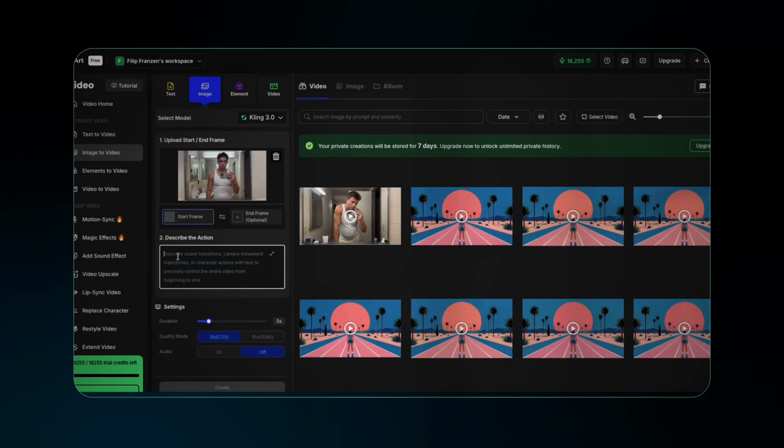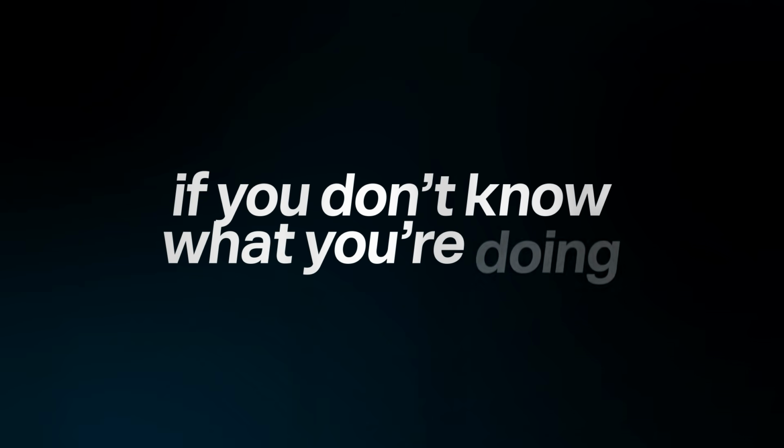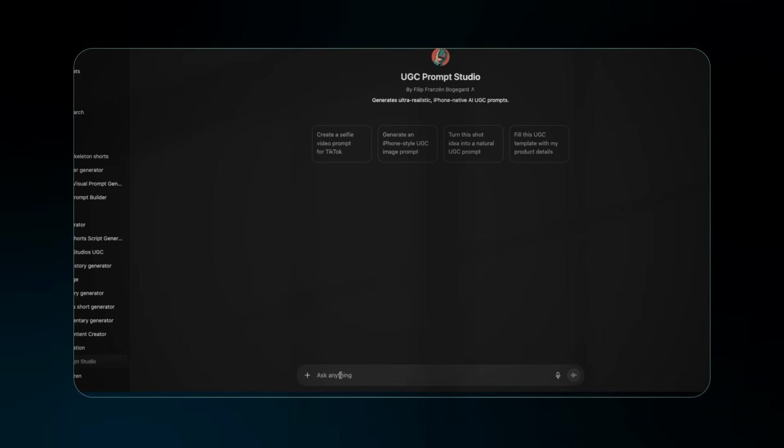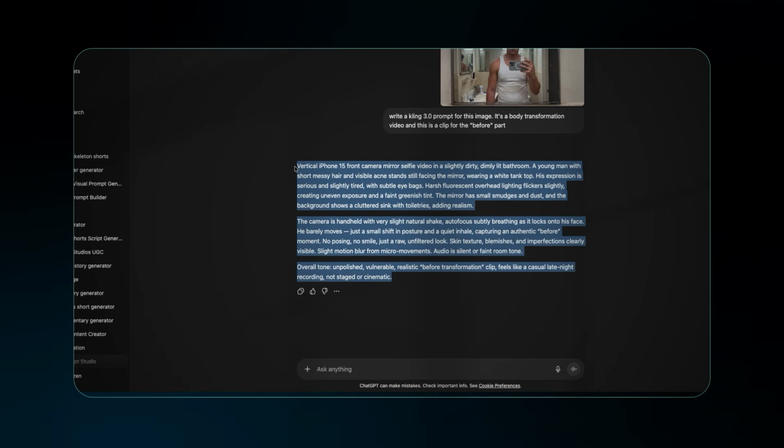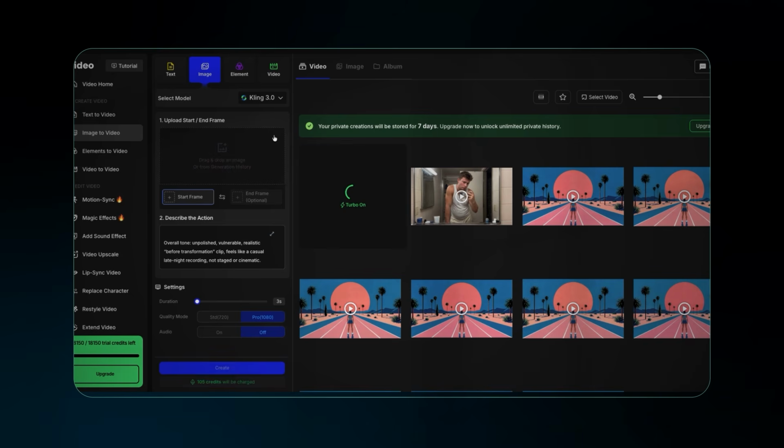However, to do this, you need to come up with a good prompt, and that can be a real pain in the ass if you don't know what you're doing. So I use this GPT model instead. I designed it to generate video prompts for AI UGC videos. Just upload the image and enter a simple prompt describing the motion you want. It'll then generate an in-depth prompt you can paste into Openart to generate the video.